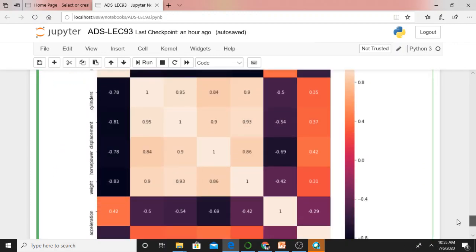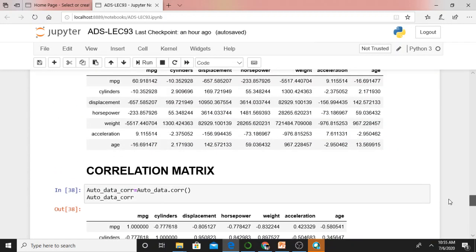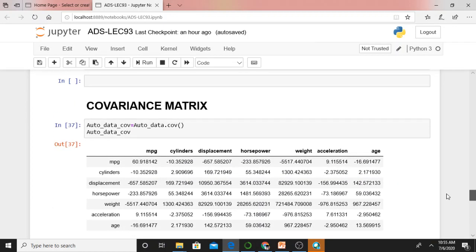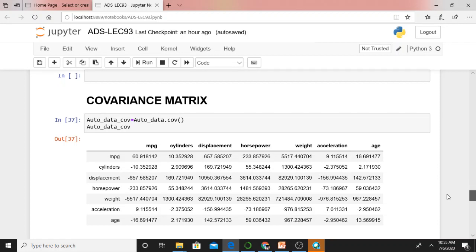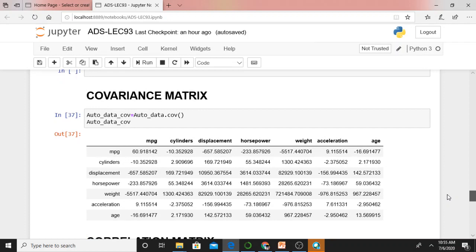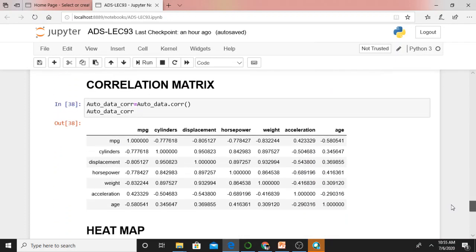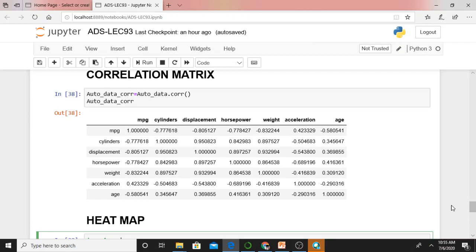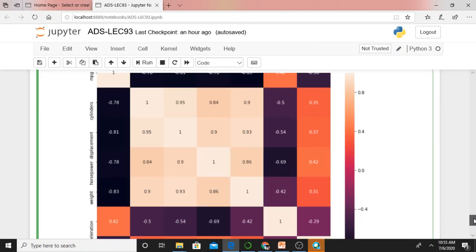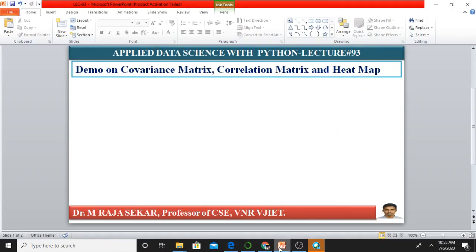Just go through this lecture. In this lecture, I discussed covariance matrix, in which you have covariance values between each and every pair of variables in your data frame, and I discussed correlation matrix, in which we find correlation values between each and every pair of variables in your data frame. And the heat map represents the correlation matrix. What is dark color, what is light color, we discussed. Heat maps are very useful. I will spend a lot of time on heat maps in my future data science classes.